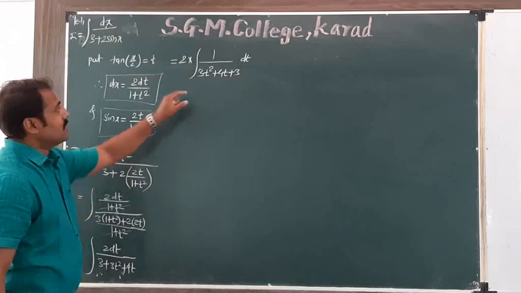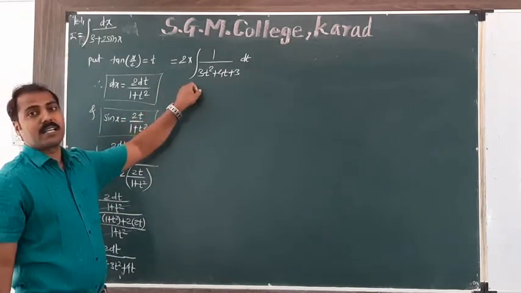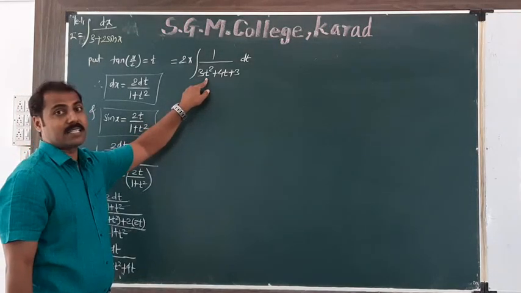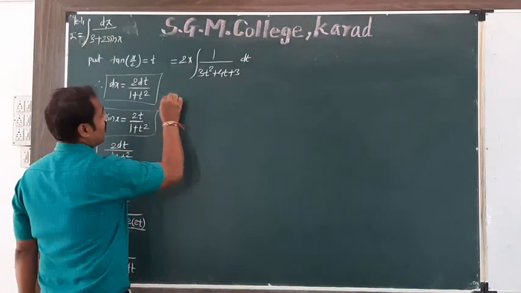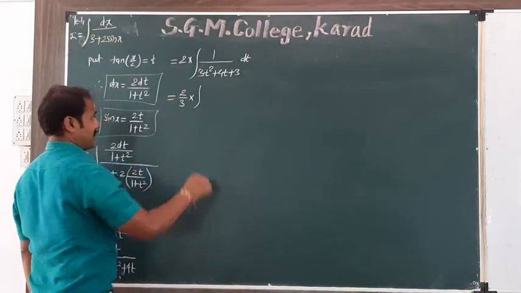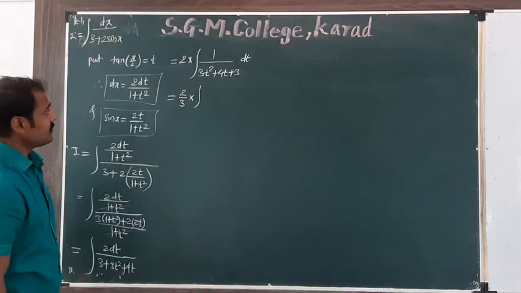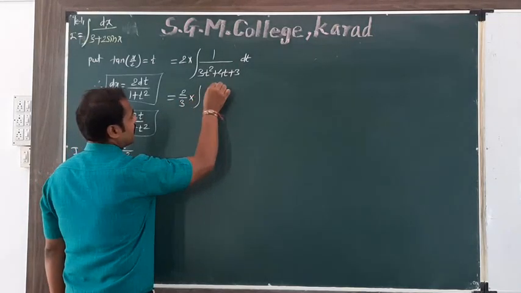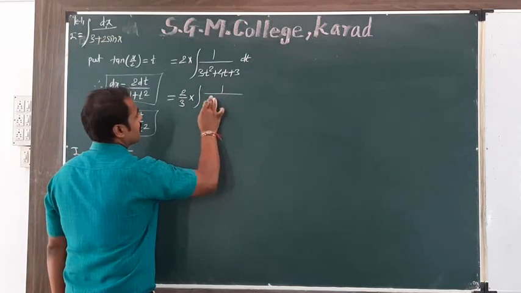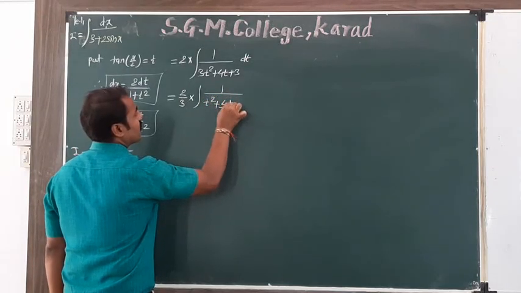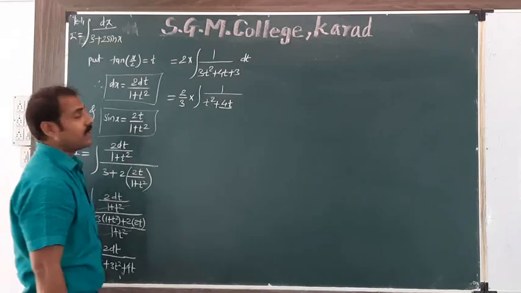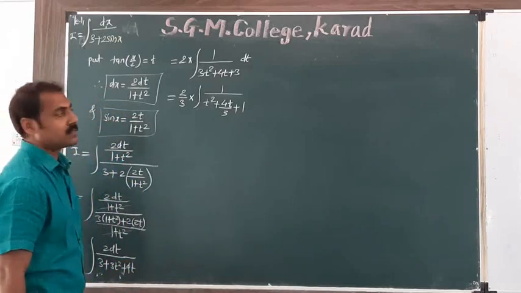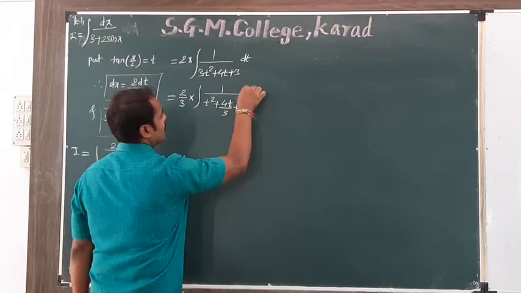Okay, now the above substitution reduces the given integral to 1 upon a quadratic expression. Make the coefficient of t square 1. So taking what common? 3 common from the denominator, that is 1 upon 3 common outside the integral. We get I is equal to 2 divided by 3 into the integration of 1 upon t square plus, when we take common 3 from 4, we divide by 3, 4t divided by 3, plus, taking 3 common, 1 from 3, it's 1, dt.